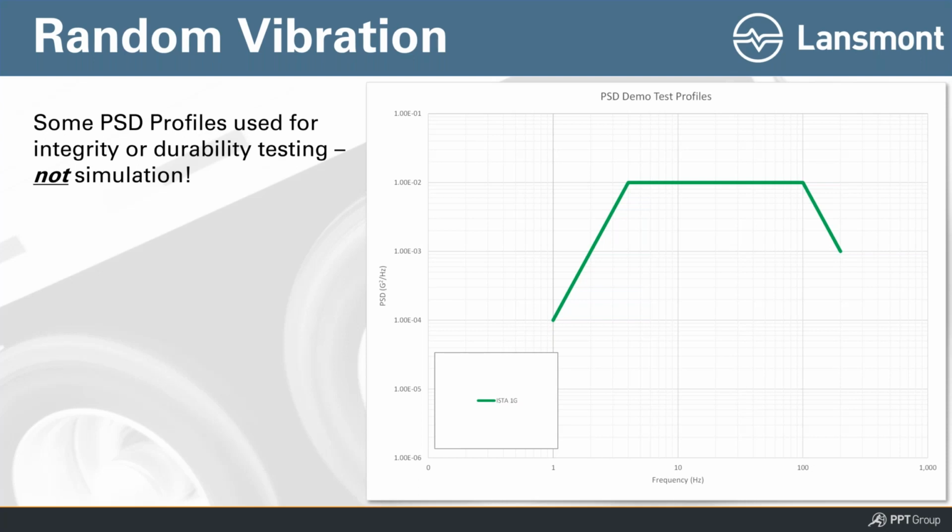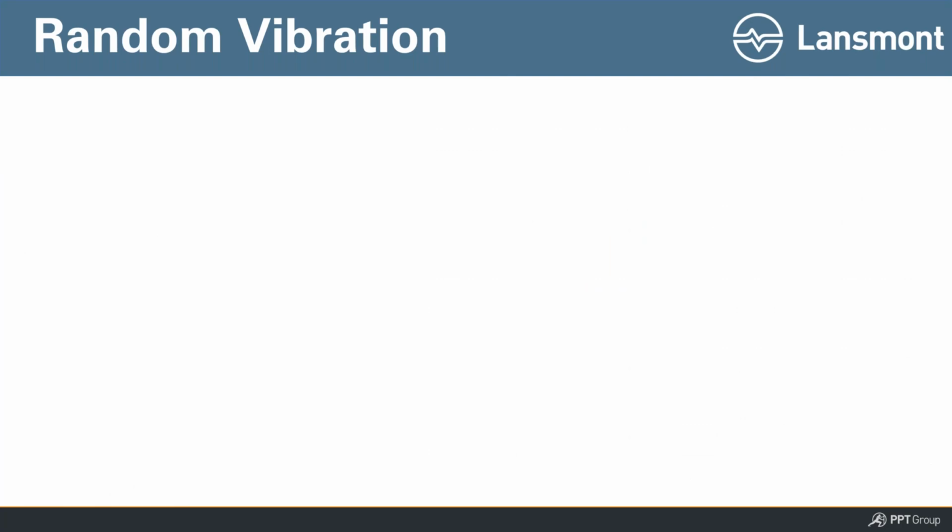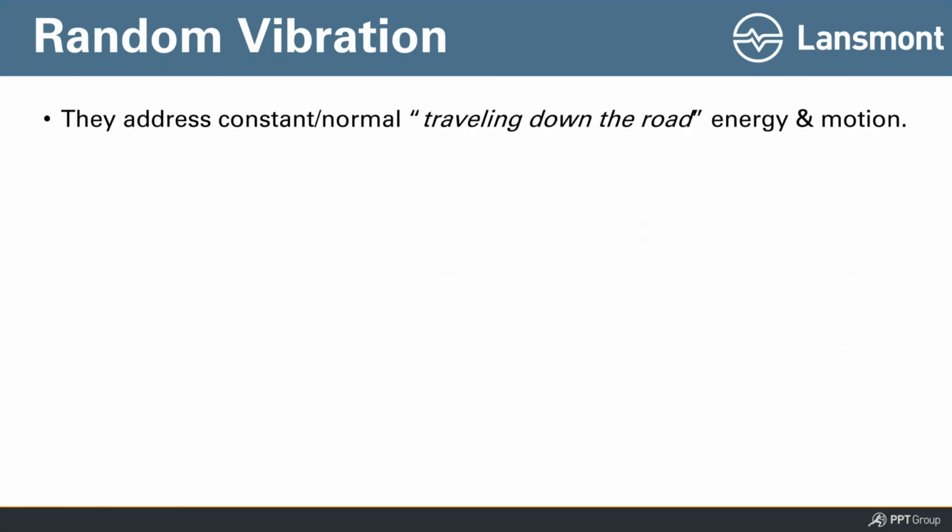But these types of profiles do exist, and they're not used in those examples for simulation. PSD profiles that we see in ISTA, ASTM, ISO, MIL standard test specs: what do they address and what do they not address? And so what I say here is they address kind of constant normal. I don't mean normal necessarily in the statistical sense, but the constant kind of normal, quote unquote, traveling down the road energy and motion. And so what that means is, when things are just going down the road for long periods of time, or down the rail,